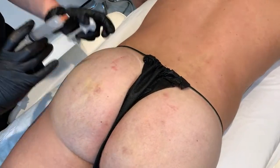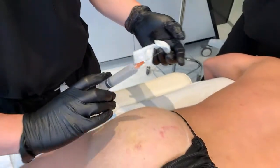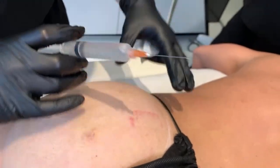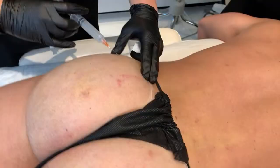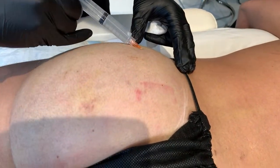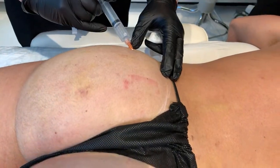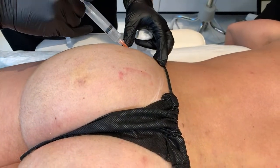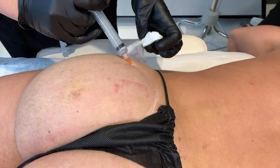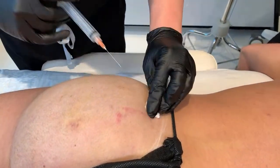So what we're going to do is I'm going to focus on getting this to come a little higher using SCULPTRA. You guys know I call this the snow globe filler because it really stimulates collagen. It's little particles inside a solution. Over time, once he starts working out, which is right about now, this is going to really boost his collagen production and help give lifting. The more of this you do,